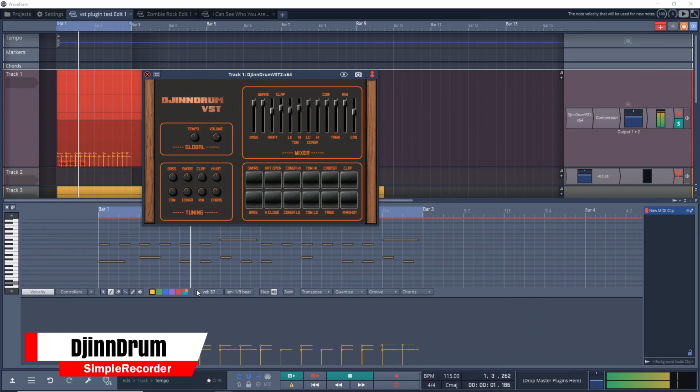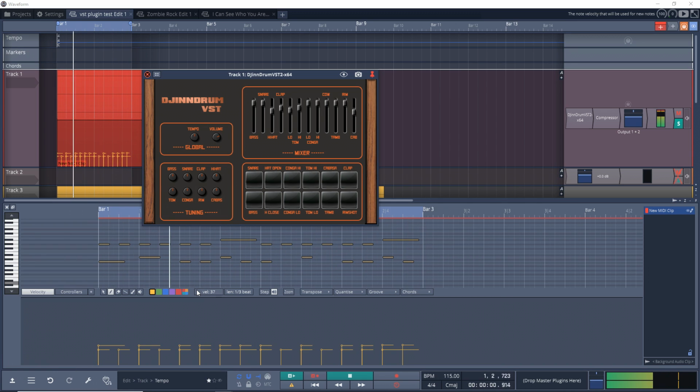Next on the list is GinDrum. It's based on the classic LM1 drum machine that can be heard all over big hits from the 80s. It does include most of the sounds that you would get with the Linn LM1, so you're ready to go right away. If you're looking for the classic Linn drum sound, give GinDrum a try. It's available on both Mac and Windows.